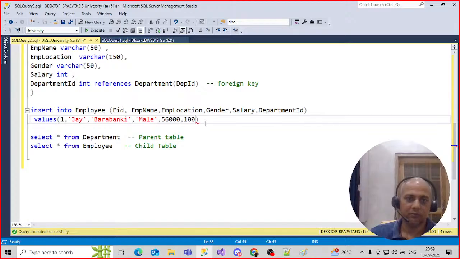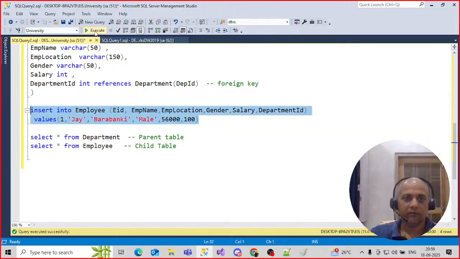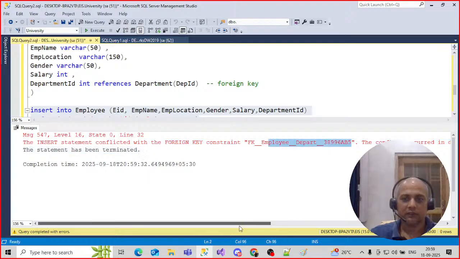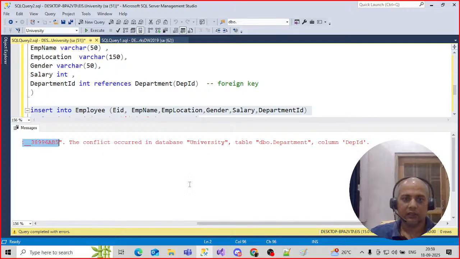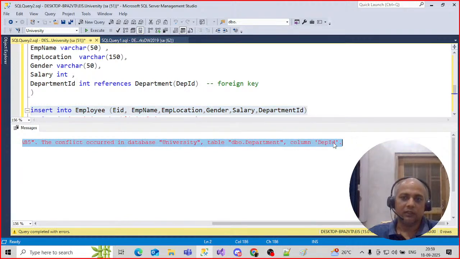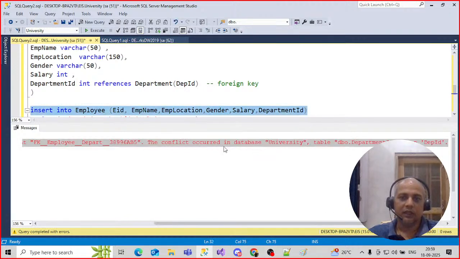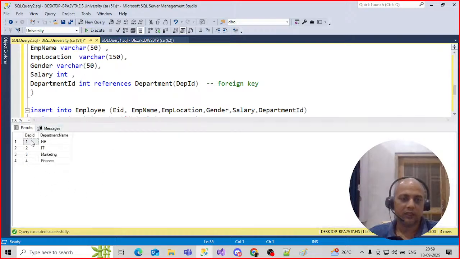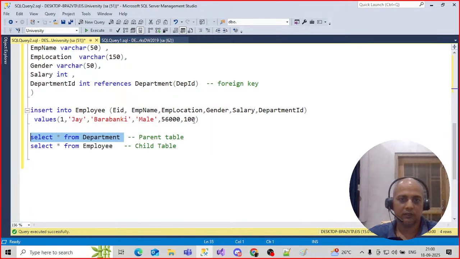Suppose I try to give department ID 100, so it will definitely give an error. Correct? The insert statement conflicted with the foreign key. That means for this constraint, the conflict occurred in this database, because it is saying this department ID does not exist in the department table. All right. So we have only these 4 departments, and only these IDs can be used, 1, 2, 3 or 4, whatever we want. So let us